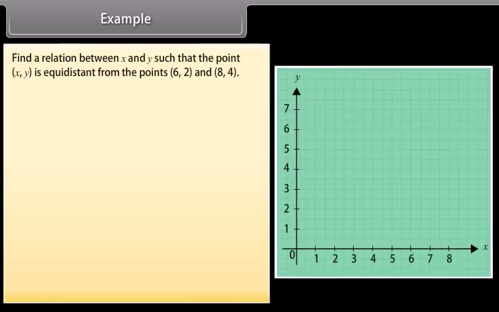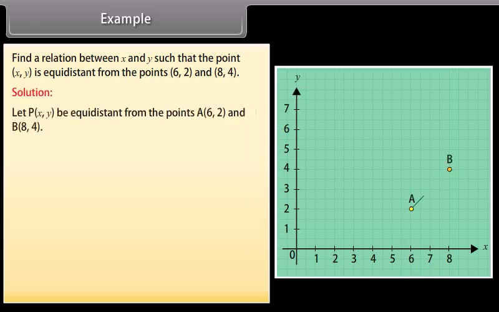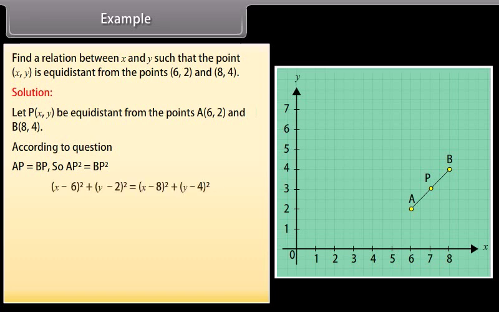Find a relation between x and y such that the point x, y is equidistant from the points 6, 2 and 8, 4. Solution. Let P x, y be equidistant from the points A 6, 2 and B 8, 4. According to question, AP is equal to BP, so AP square is equal to BP square. (X minus 6) whole square plus (Y minus 2) whole square equals (X minus 8) whole square plus (Y minus 4) whole square. By calculating it, we get x square plus 36 minus 12x plus y square plus 4 minus